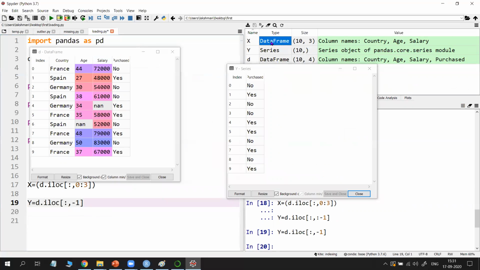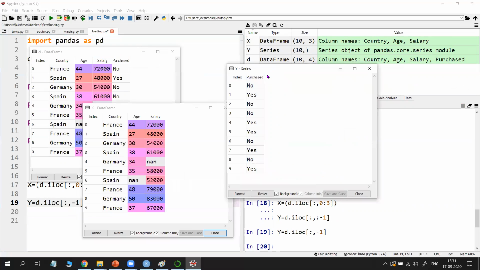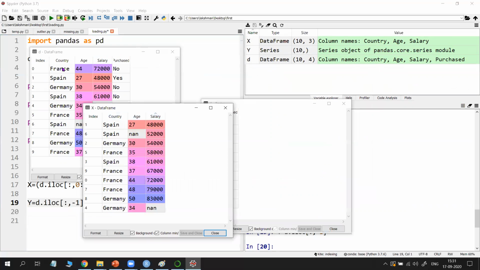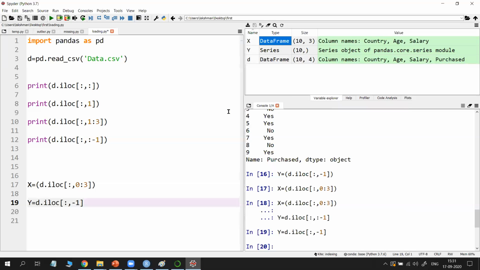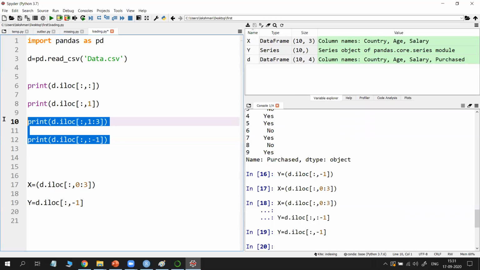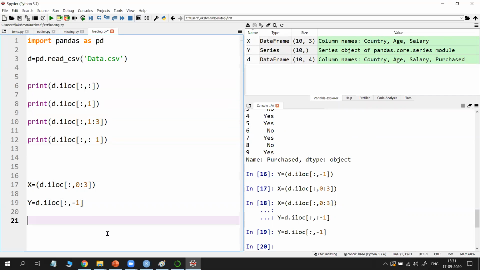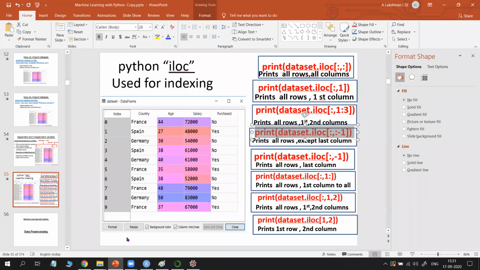The original data contains all the columns, but now my X contains only the first three and Y contains only purchase. So for dividing into dependent and independent variables, I use this syntax in my future videos. No need to be confused. You need to see what we want in X and what we want in Y.